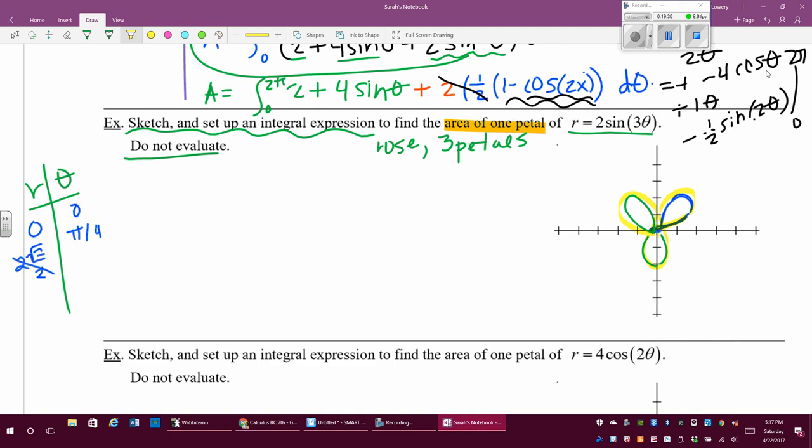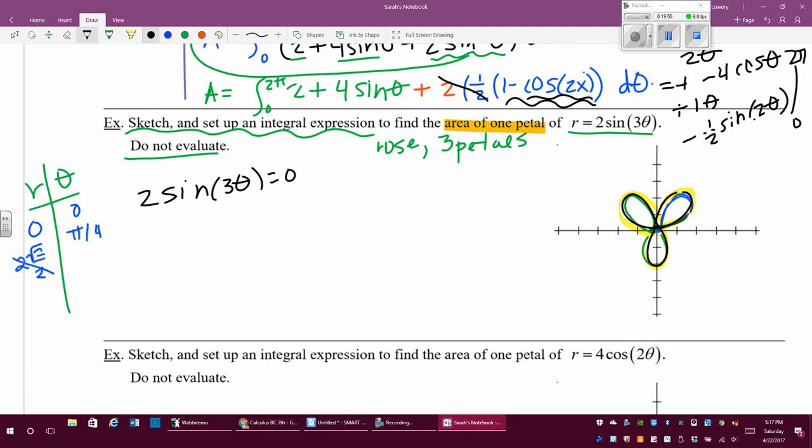Now, sure, you could find the area of the whole thing and then divide it by 3. That would work. But do you notice every time it goes back to the origin? So it's going around the petal curve, back to the origin, down here, back to the origin, down here, back to the origin. So what if I took my 2 sine of 3 theta and set this thing